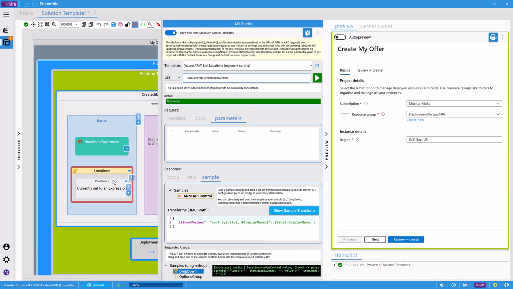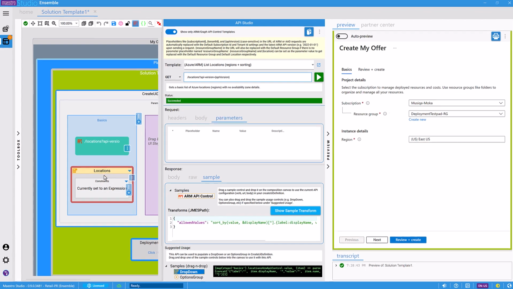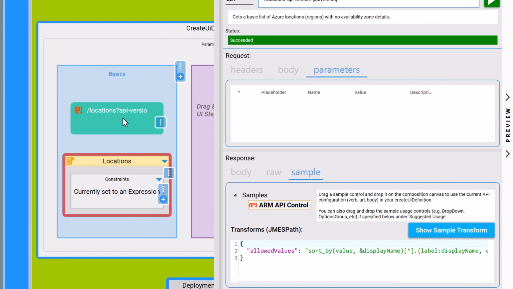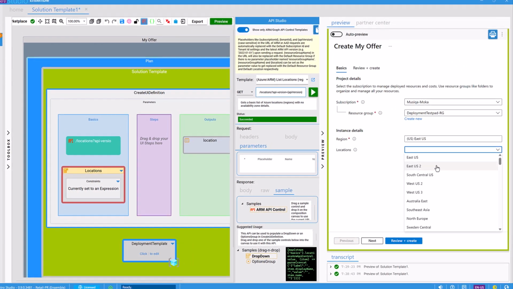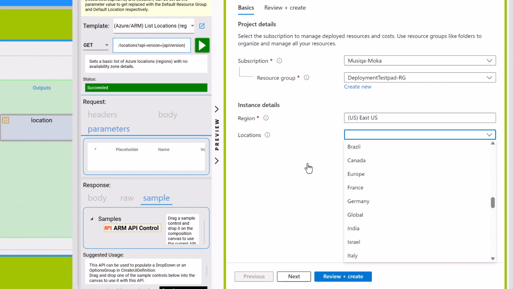For example, we've dragged the drop-down control and dropped it inside Basics. It comes pre-wired with the ARM API control that we've added earlier. Let's preview. We now see a drop-down named Locations that lists the location or region names returned from the ARM